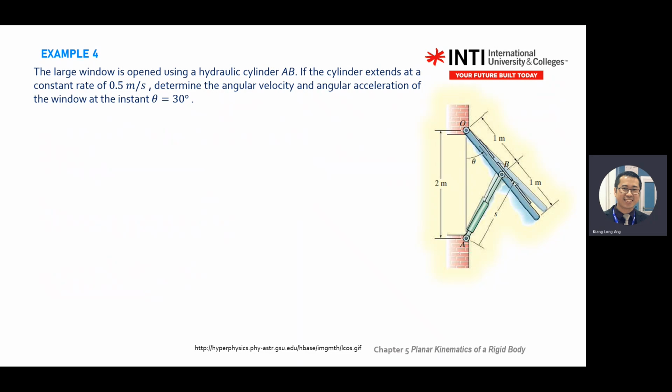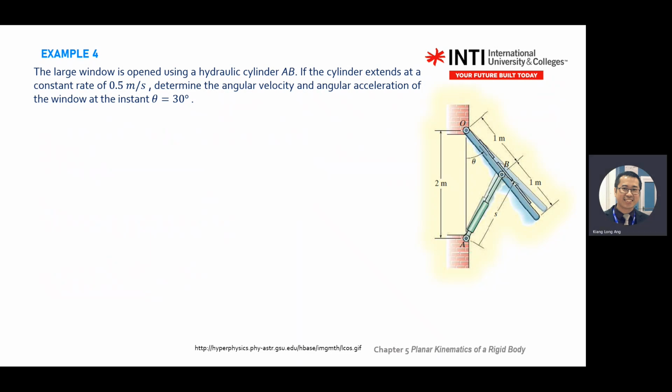Always be sensitive to the wording used for chapter 5 onwards. Here, you are seeing velocity. Don't confuse velocity and angular velocity. It's a different thing. Determine the angular velocity and angular acceleration of the window at the instant theta equals 30 degrees. So when this one extends up to 30 degrees, you need to find the angular